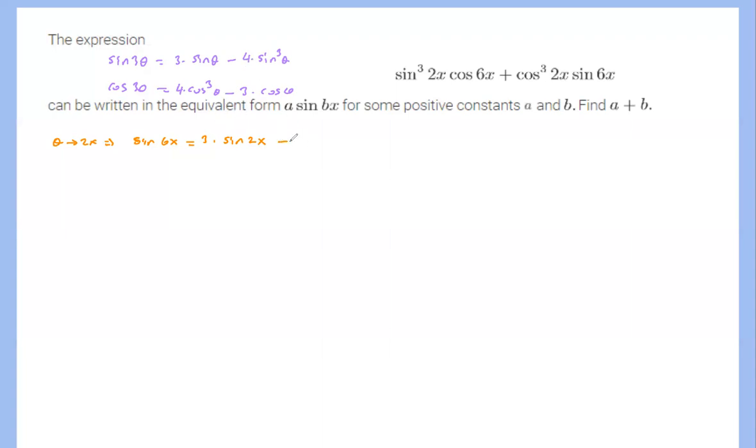And minus 4 times the sine cube of theta, but we just replaced theta with 2x, so that should be 2x. Okay, this is useful because we know this one now, right? So I'll just take the sine cube 2x itself because I have that right there. So the sine cube of 2x is equal to, in this equation, I have sine 6x,